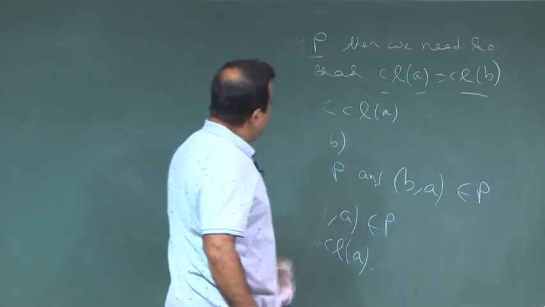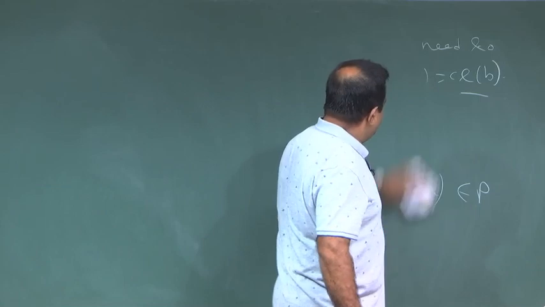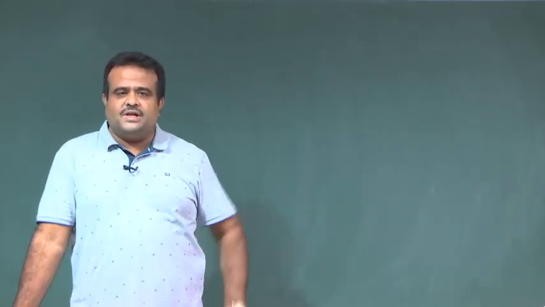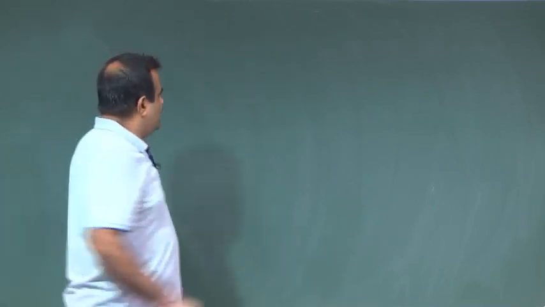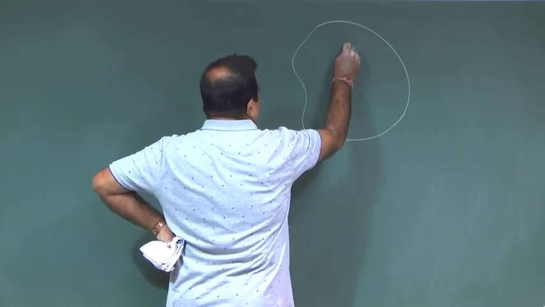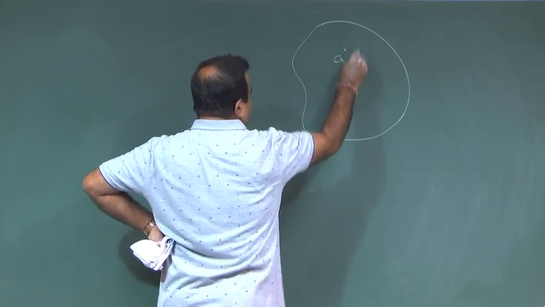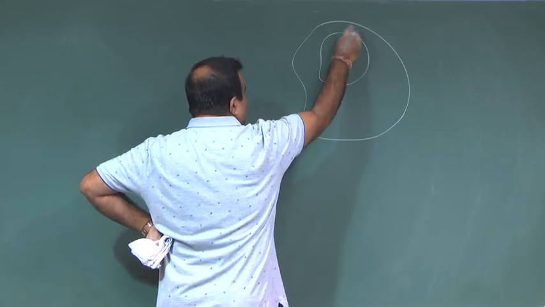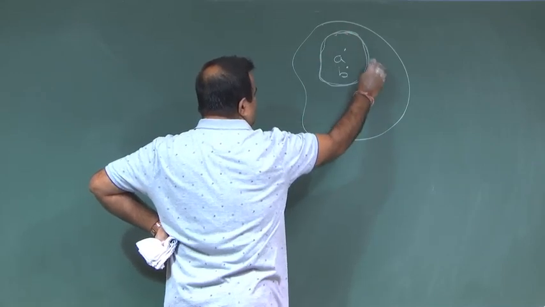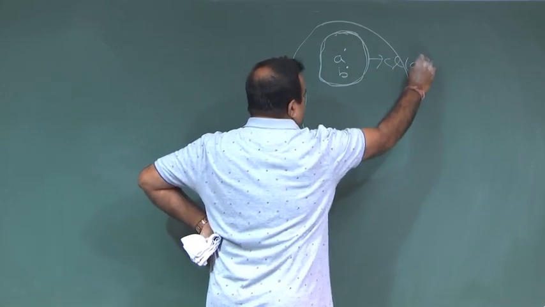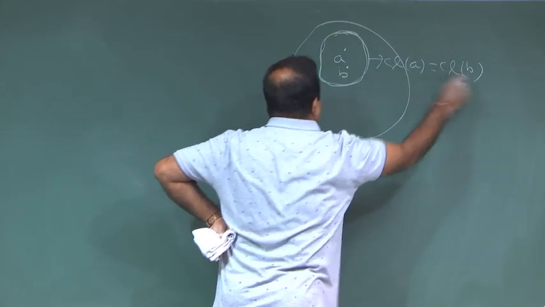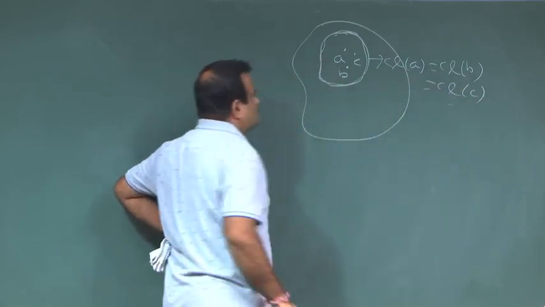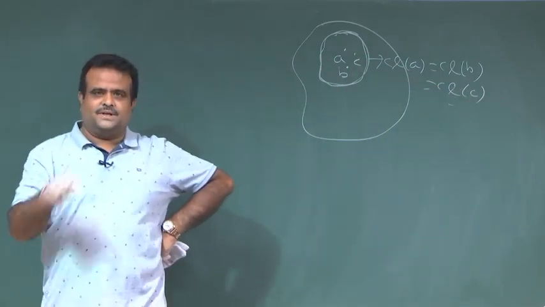Another observation is, if they are not related, if we take 2 elements A, B and they are not related, then their classes are disjoint. So, that means, if we take A, this is the class of A, and if we take another element B which is related with this A, then class of B is same as class of A. And if we take another element C, we get class of C, like this. So, they are basically giving us the same subset.